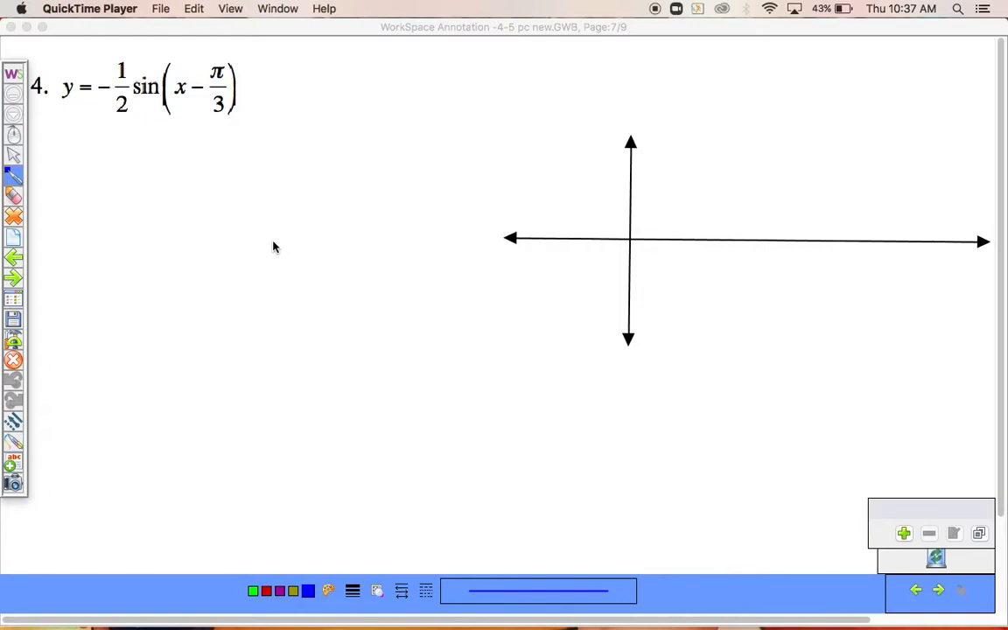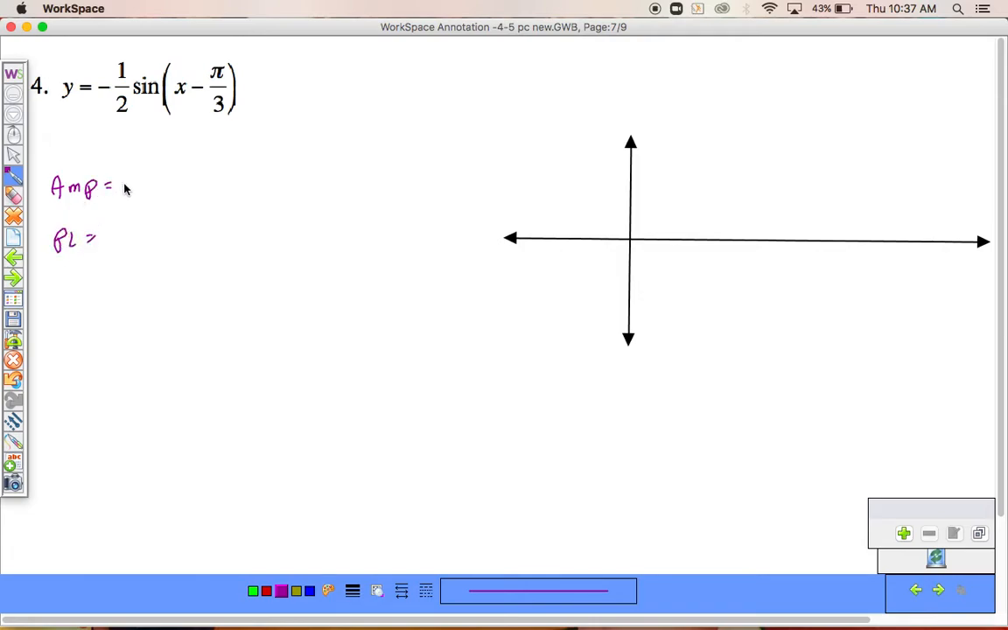All right, let's continue our graphing. So for number 4, y equals negative 1/2 sine of x minus pi over 3. This minus pi over 3 is going to affect our graph. It's going to have a horizontal shift, and we'll take that into consideration in a moment. But to start, before we even worry about that shift, I'm going to need an amplitude and a period